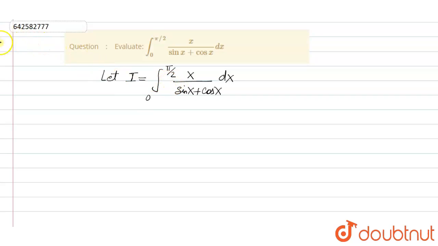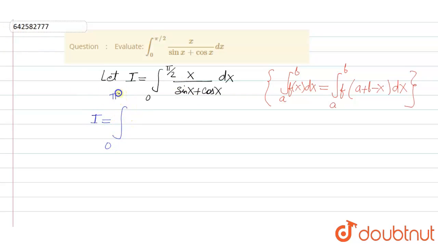Now, to solve this, first of all, we'll use a property that when we have integration from a to b of f of x dx, then this integral is also equal to the integral from a to b of f of a plus b minus x dx. This is the property of definite integrals. So here, using this property, we get I equal to